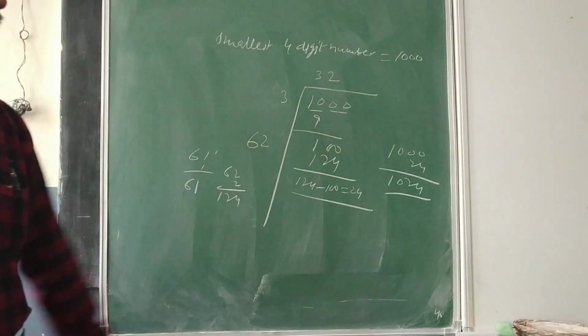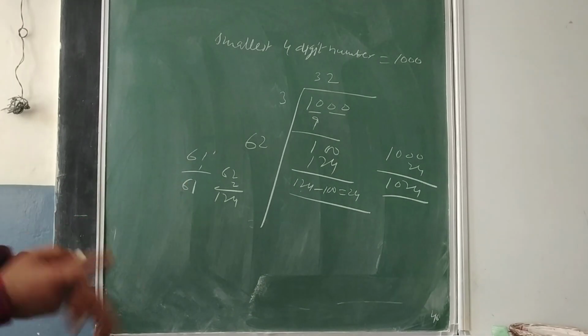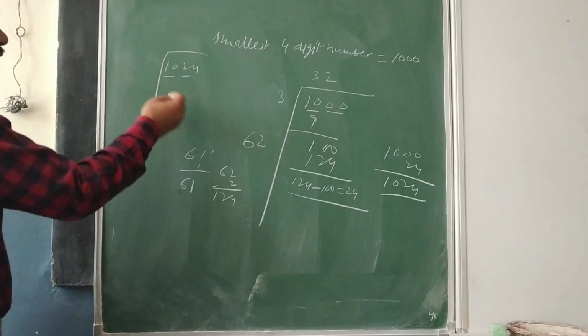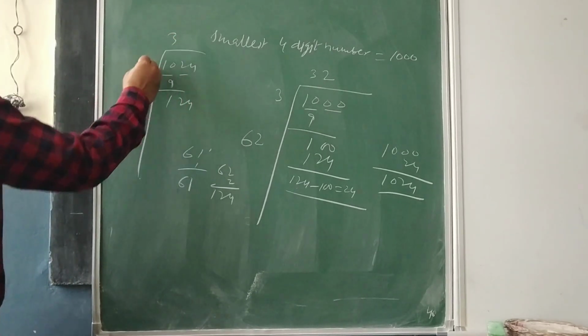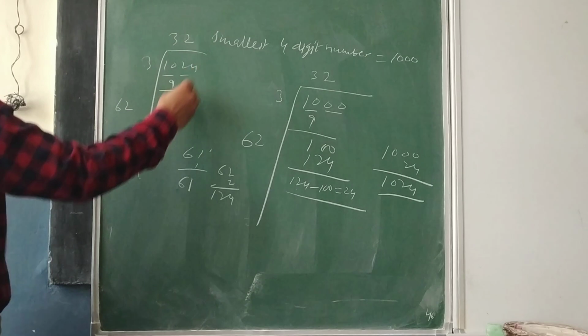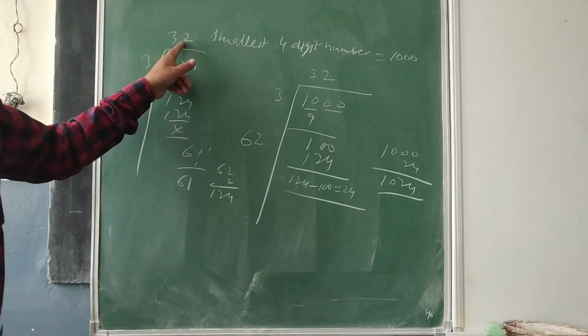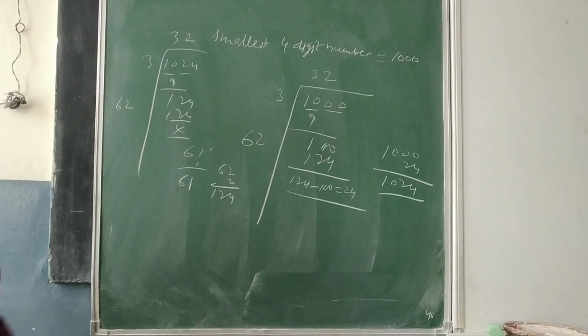Now you see, this is a 4-digit number and this is the smallest number which is a perfect square. It means if I find the square root of this, definitely it will be a perfect square. You can check here. 3 and 3 are 6. If I go for 1024, 1024 is the square of 32. So 32 is the square root of 1024. I hope that is clear.